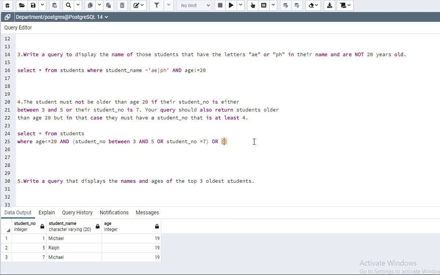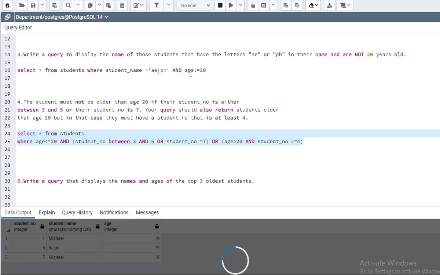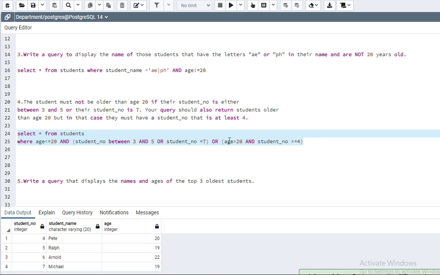Here I will use age greater than 20 and student number at least 4, which means 4 or greater than 4. So this is how we solve the query, and now I execute this query, and this is my result.